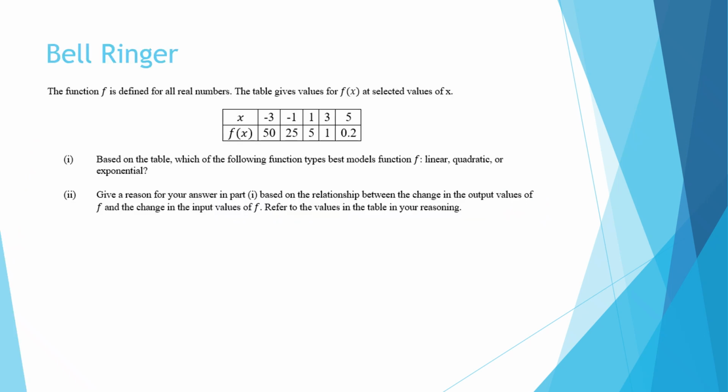All right, so here's a bell ringer for today. Pause the video if you haven't done this already, because I'm about to go over the answer. We have here a table that gives the values of f of x at selected values of x. Which of the following best models this function: linear, quadratic, or exponential? Give a reason for your answer based on the change in outputs, the change in inputs, and then the actual